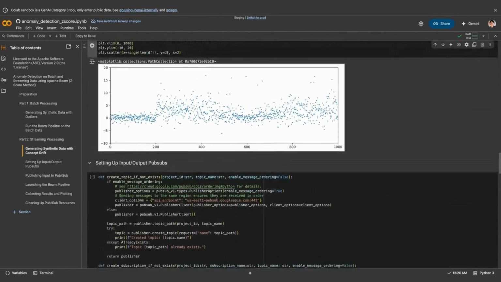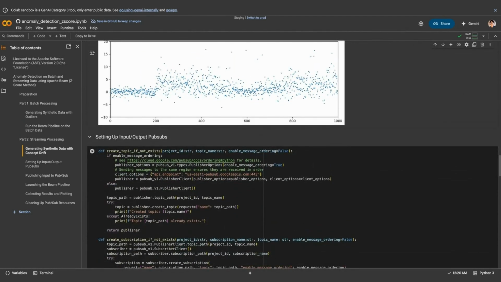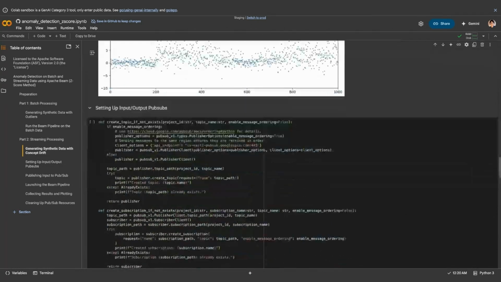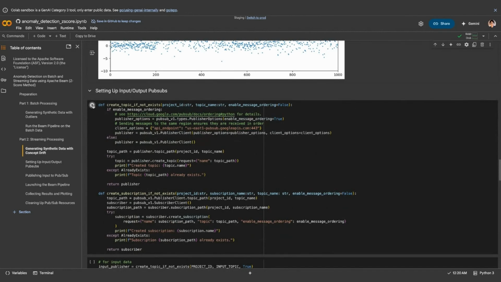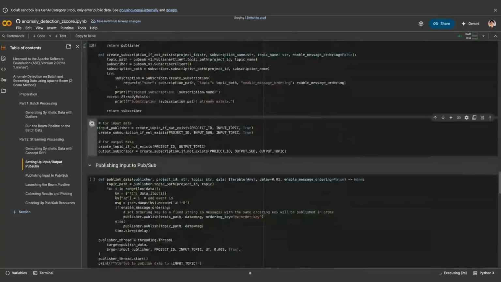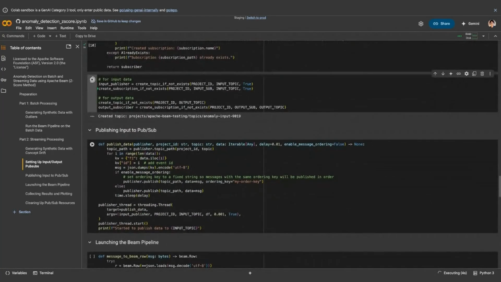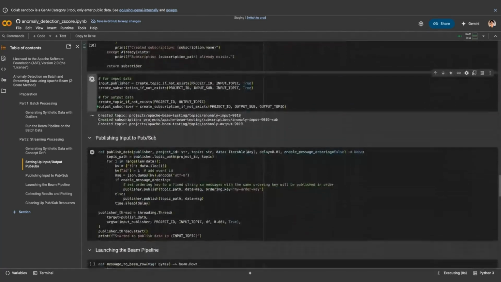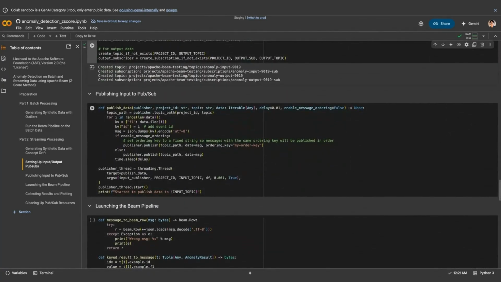So I'm going to set up the pub/sub and publish this data inside the model. Okay, so let me set up the pub/sub topics, and publisher and subscribers. We are going to publish the synthetic data set to the pub/sub, and then inside our pipeline, we are going to read from the pub/sub